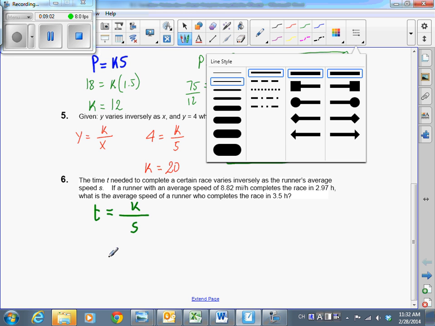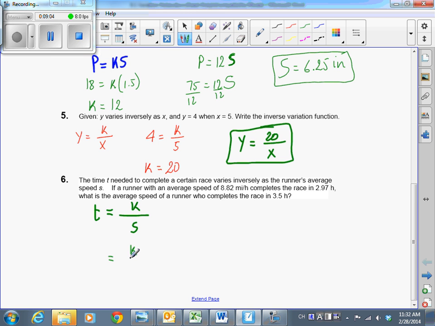So which one do we have? K, S, or T? S, 8.82. And you complete the race in 2.97 hours. Go ahead and cross multiply and give me the value of K. 26.19. Now that I have the value of K, I will go ahead and plug in and I will say